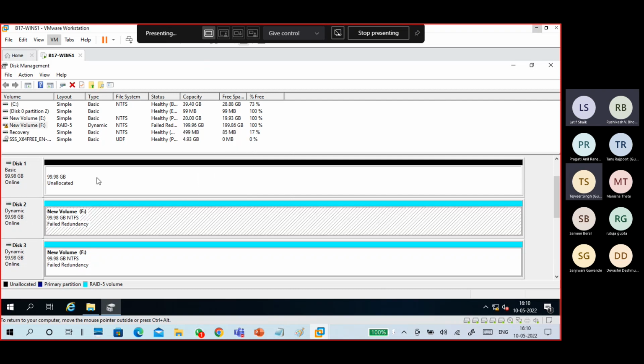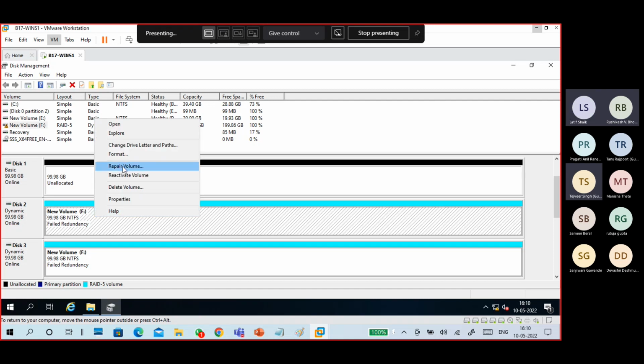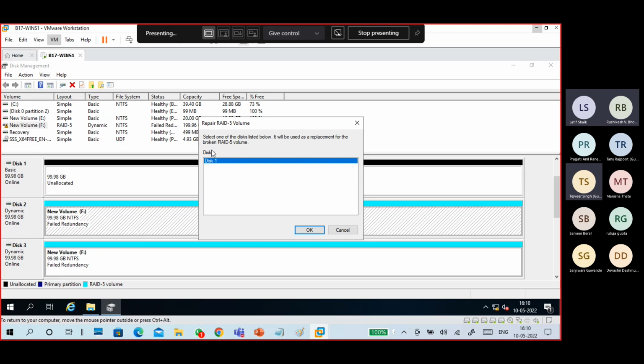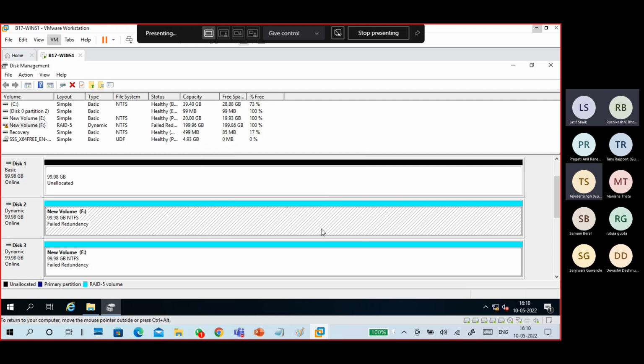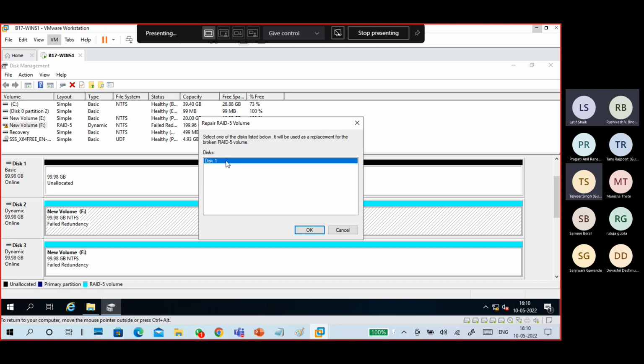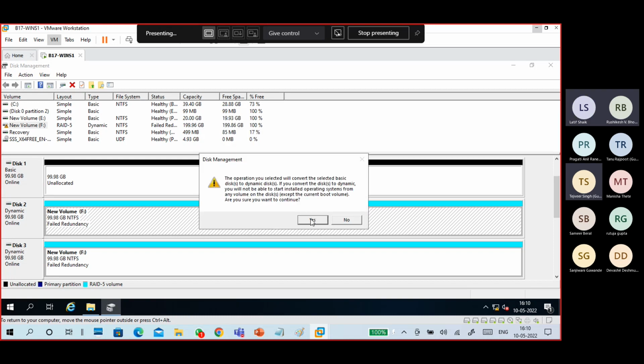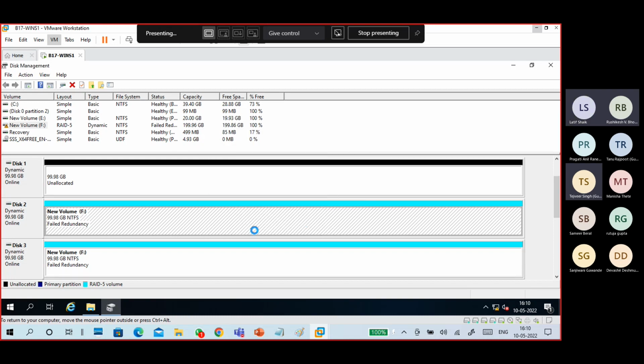So in the disk 2, I have a new disk, right? So then I'm going to disk 2. I'm going to repair volume. So select one of the disks listed below that will be used as a replacement for the broken RAID 5 volume. So take the RAID disk 1 and make it yours. Okay. So because I replaced a new disk. Okay. So then what I've done, I go to repair volume disk 1. Click OK. Yes. First disk one will become